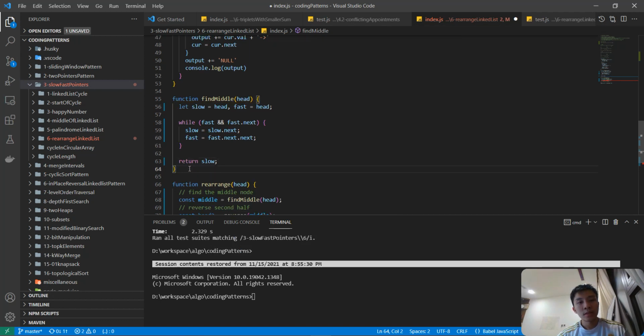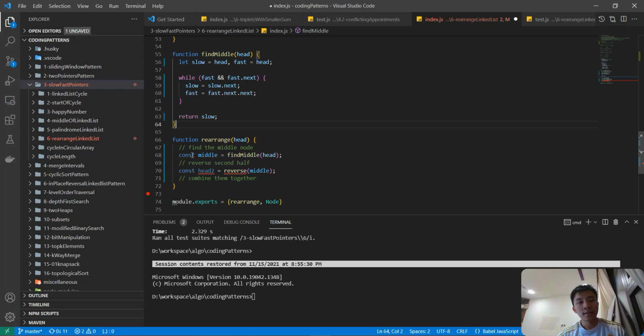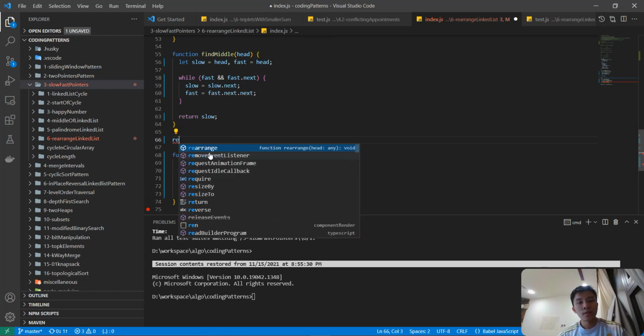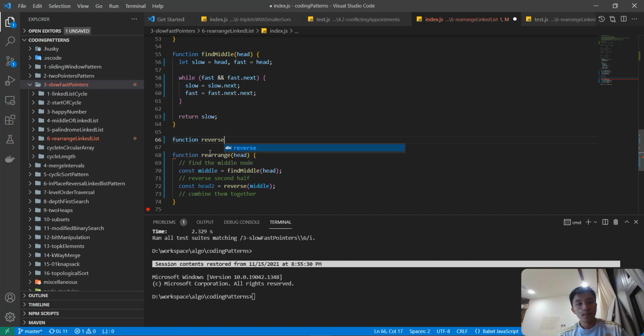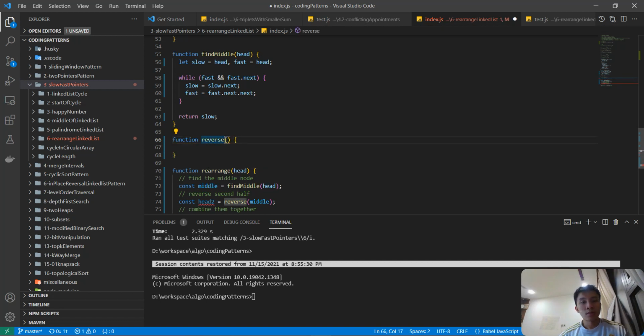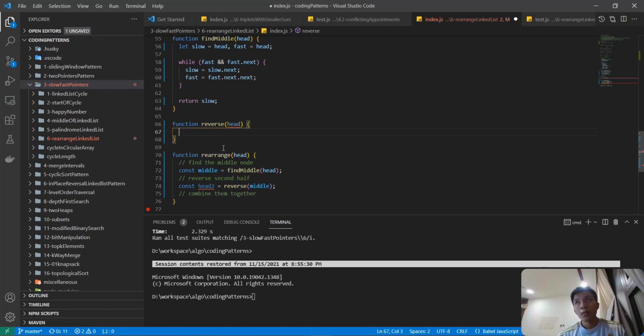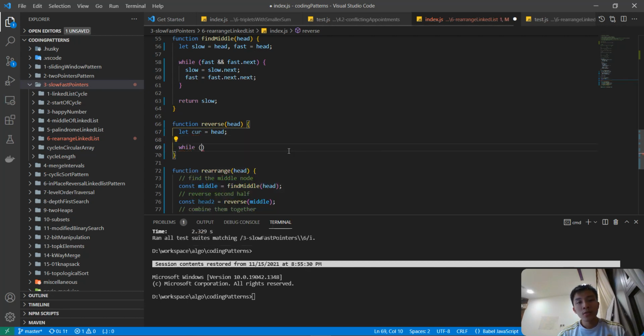Okay, we're done with this find middle task, right? The second one is reverse. Reverse, we also take in a head, right? And in order to reverse, I will need to traverse the linked list, right? We'll start from the head, and I'm gonna use a working pointer. Let's call it current is head, right? So I want to get into a loop,